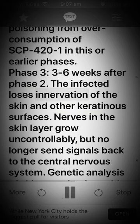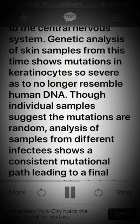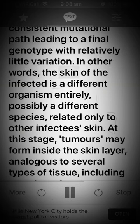The infected loses innervation of the skin and other keratinous surfaces. Nerves in the skin layer grow uncontrollably, but no longer send signals back to the central nervous system. Genetic analysis of skin samples from this time shows mutations in keratinocytes so severe as to no longer resemble human DNA. Though individual samples suggest the mutations are random, analysis of samples from different infectees shows a consistent mutational path leading to a final genotype with relatively little variation. In other words, the skin of the infected is a different organism entirely, possibly a different species, related only to